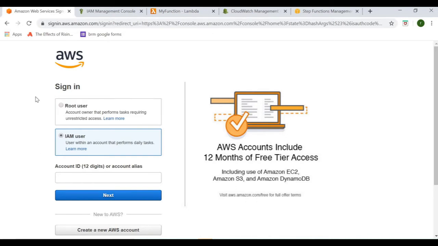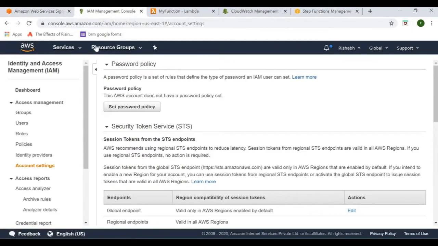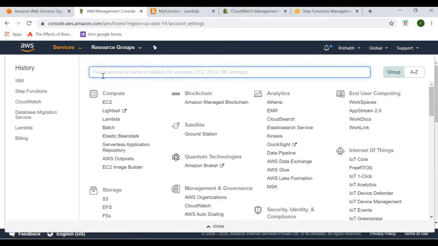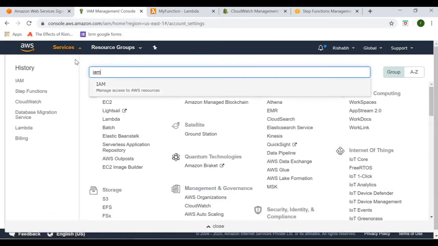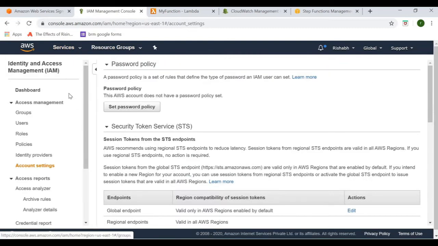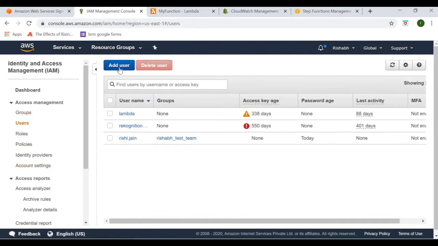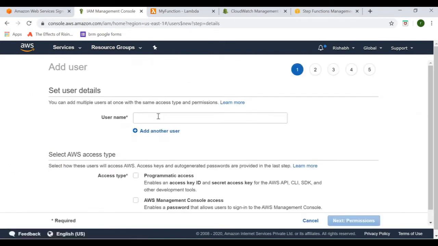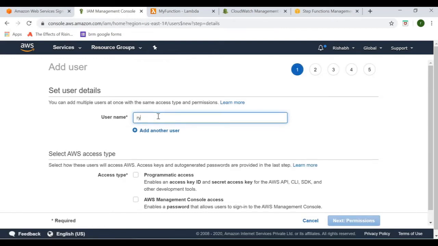So first, whenever we log in, let's go to the AWS account, go to services, and search for IAM here. This console will open. In access management, we see multiple things. There's a policy, role, user, and group. First, let's talk about users. Let's say I want to provide access to another user from my account. Let's say the username is Rayan Jain.